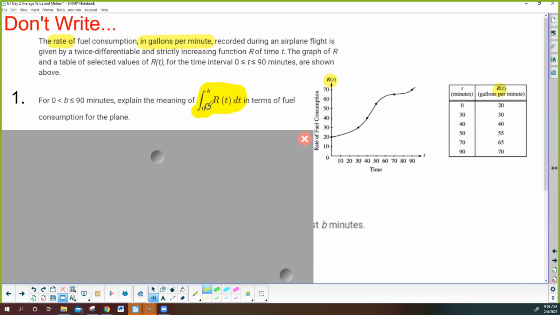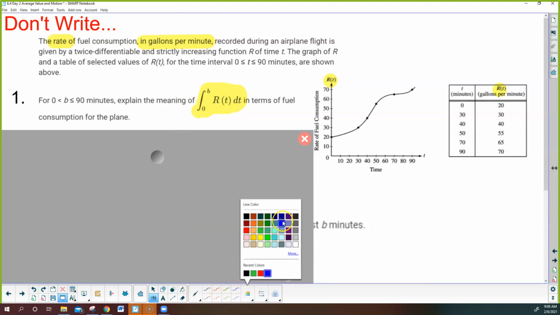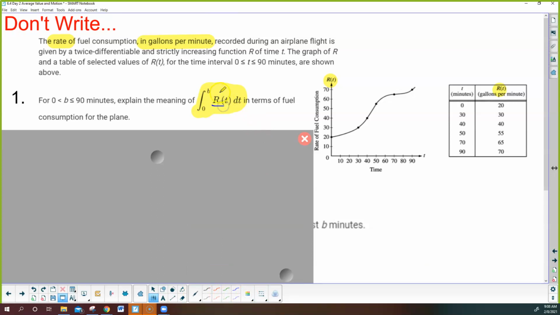Now, a lot of students say it's the area under the curve, and they stop. Well, wait a minute, there's context here. We have to think about, okay, if this is a rate, we know that this is the rate, and it's measured in gallons